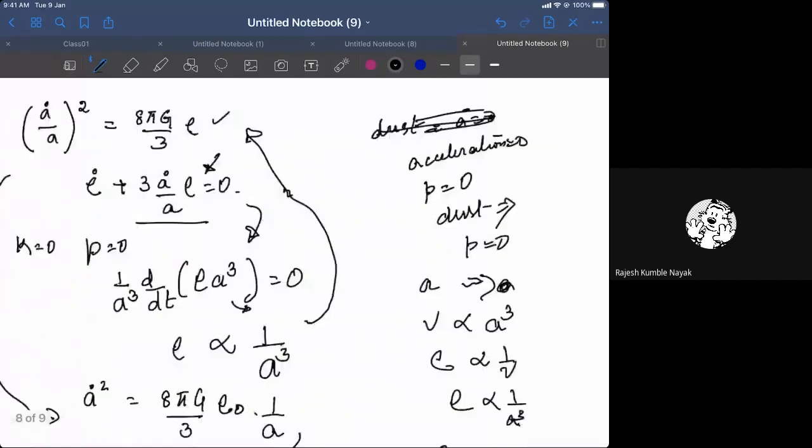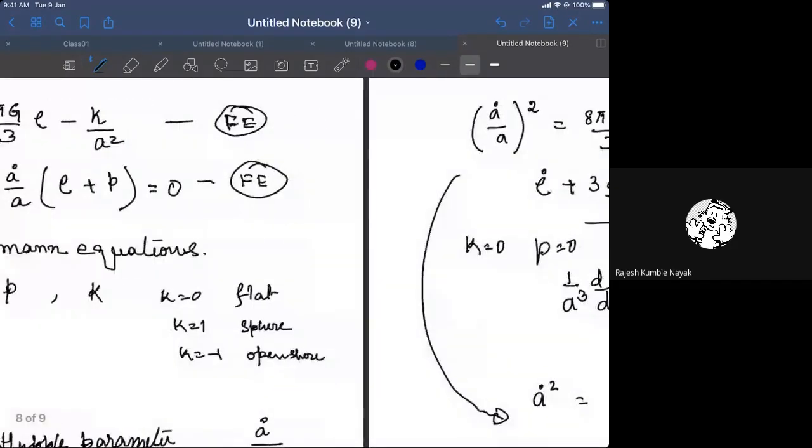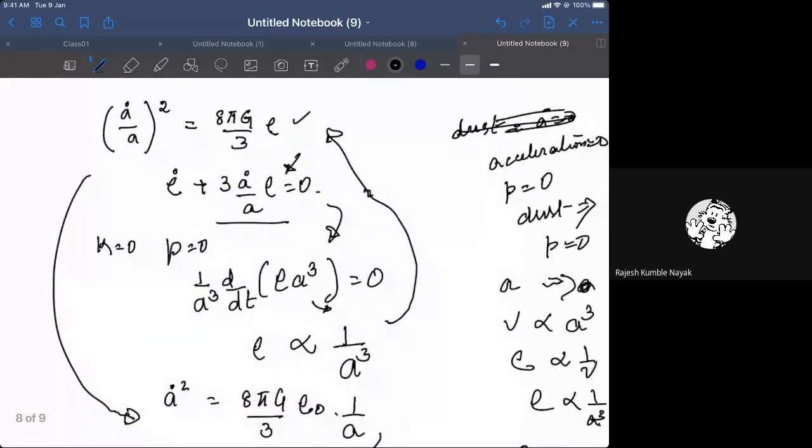This also says that the universe would have started when t is very small. a was also very small. When a is 0, you can also take t to be 0. And then you see that the universe had a beginning. It is not a steady state universe as Einstein wanted. It had a beginning, and it would propagate as we have seen. So these are the conclusions about the universe we can make simply with k equal to 0.